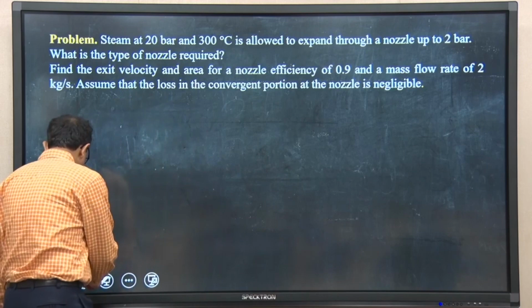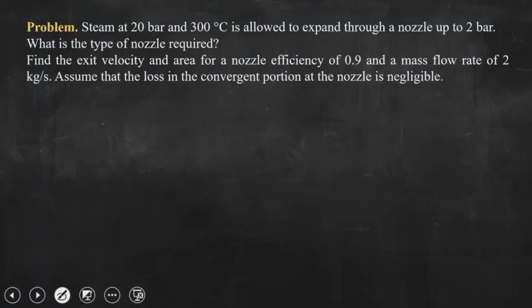If we underline this particular line, probably this line is giving us a clue about the type of the nozzle. It is given that the loss in the convergent portion of the nozzle is negligible. So, if the nozzle is purely convergent type, then perhaps it is an indication, but since we really cannot trivially ignore the frictional loss, perhaps it is not a purely convergent type. So, this is giving us a clue, but let us look at the actual case. If we start solving this problem,